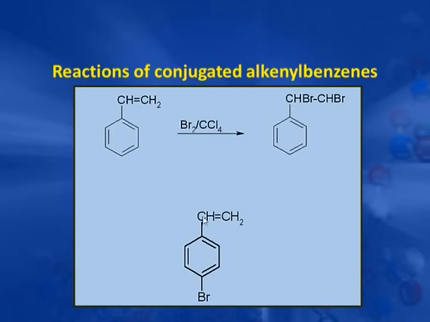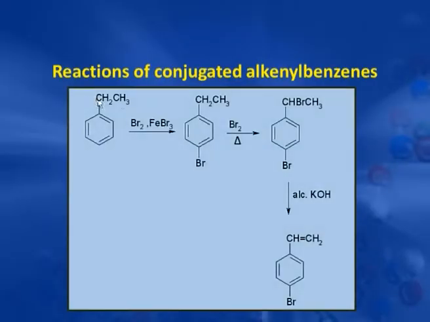So, we will not get this para-bromo, instead we get the side chain bromination. Now, if we want to prepare para-bromostyrene, then we have to start with ethyl benzene. Now, here there is no double bond in the side chain. So, if we do the halogenation with bromine and ferric bromide, then para-bromo ethyl benzene gets formed,